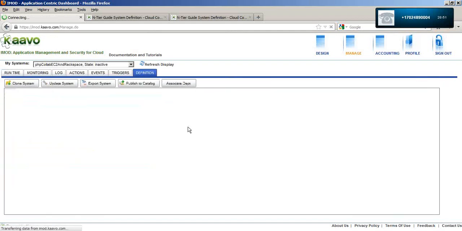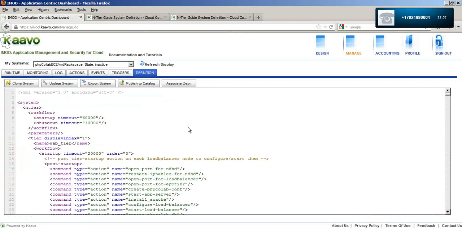Definition tab. And here is the export system button. So by clicking here, you will be able to export this system definition to your local hard drive. I have already done so before, so I will not do that again.